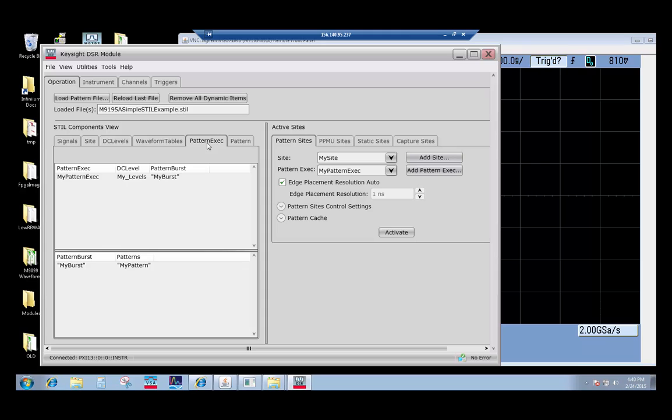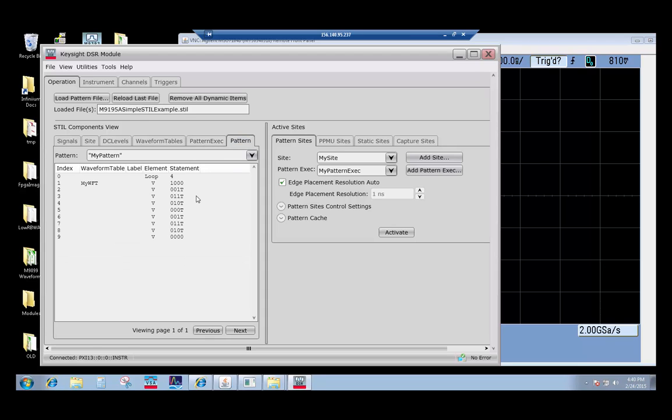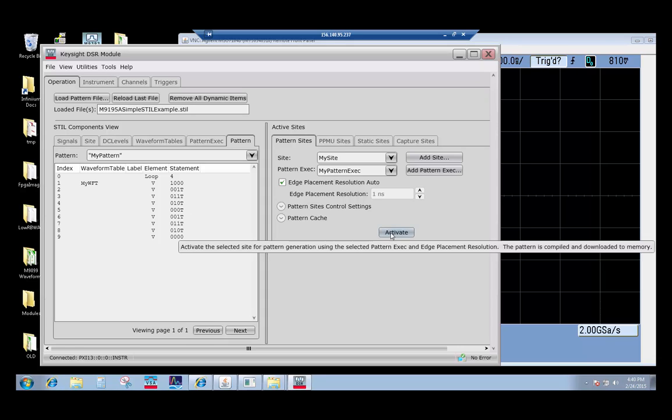The pattern exec and the pattern burst are shown in the pattern tab here. And then finally, the single pattern that we imported is shown in the far right in the patterns tab. If we had multiple patterns, this drop-down box would show multiple patterns here. So once the style file has been imported into the M9195 driver memory, we can go ahead and activate it,